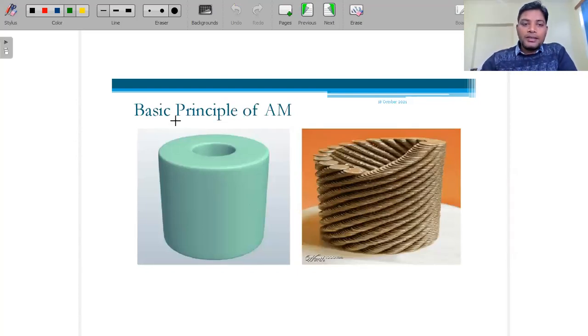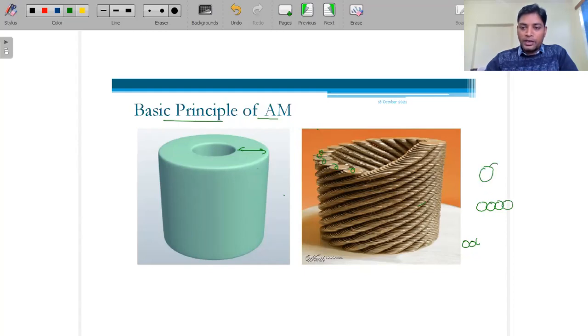The second approach: if we want to manufacture this type of cylinder, for example a hollow cylinder, we should consider it as coins, like single or 2 rupee coins. We are just assembling them, keeping them like this.